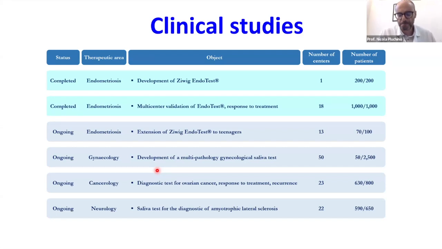These are also common in gynecological practice. And this technology can also be applied to other pathologies. One of the ongoing trials is about ovarian cancer, and also other fields of medicine, like neurology,